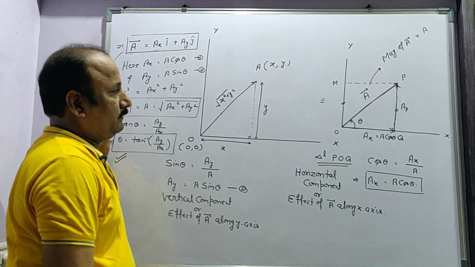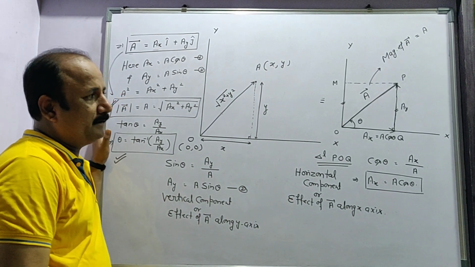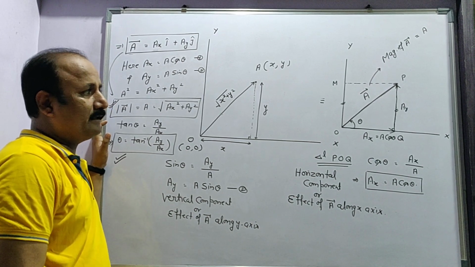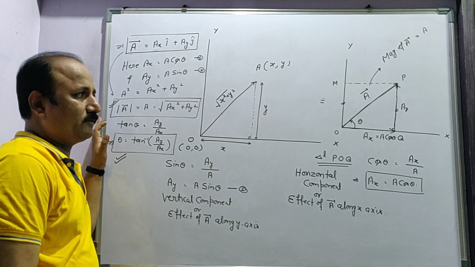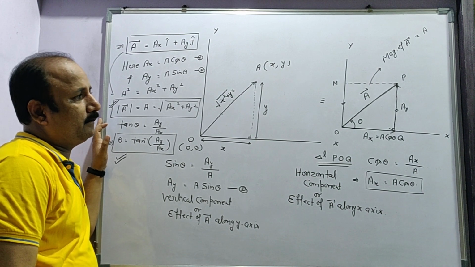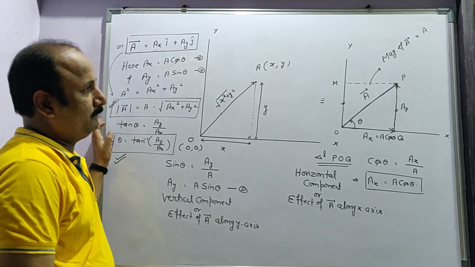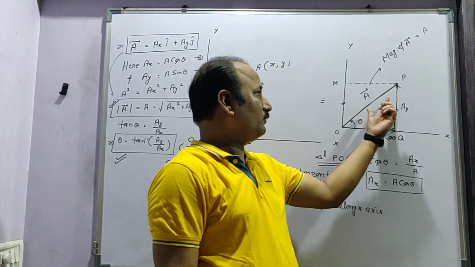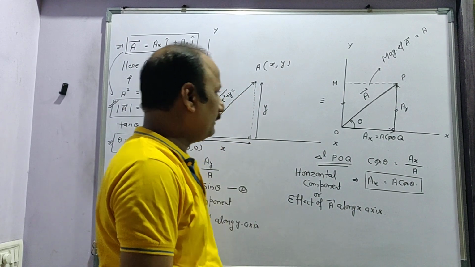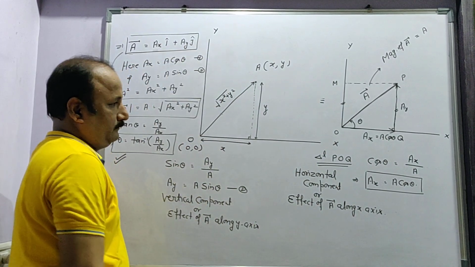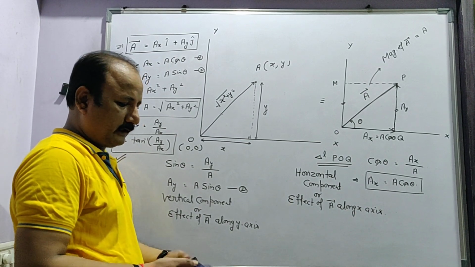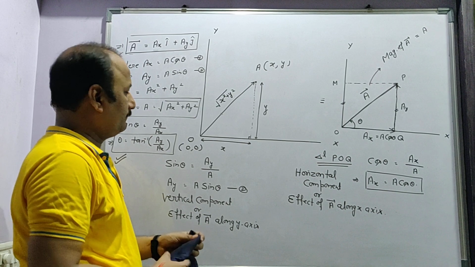So resolution of a vector basically means only finding the effect of that vector, which is given in any plane, along the x, y as well as z axis, in the form of its rectangular components in the Cartesian system. This vector is given in the xy plane, so resolve this vector along this direction as well as this direction. Okay, so just take a problem which was asked in AIEEE 2006.